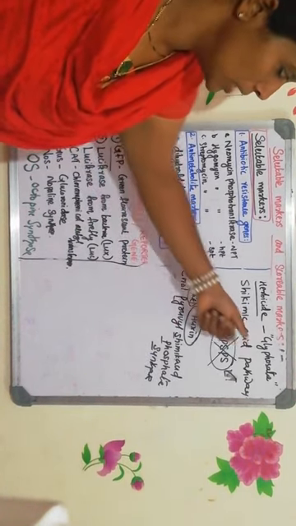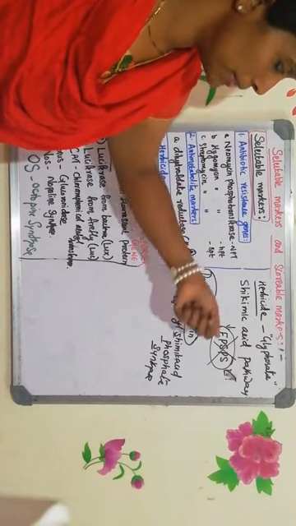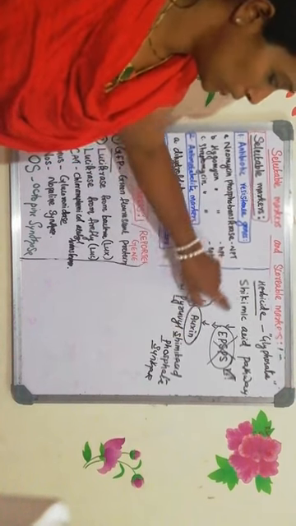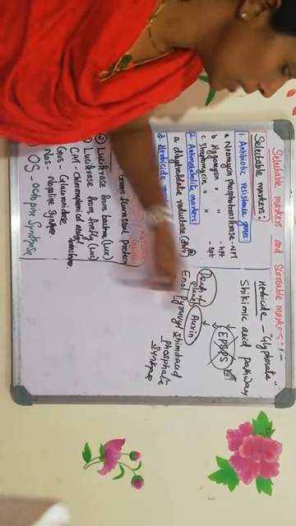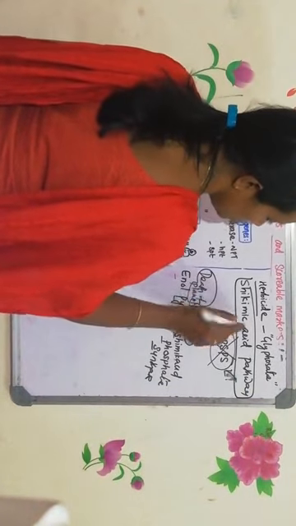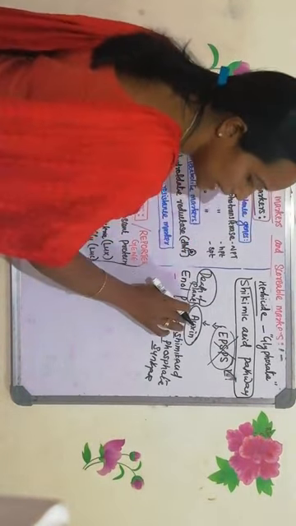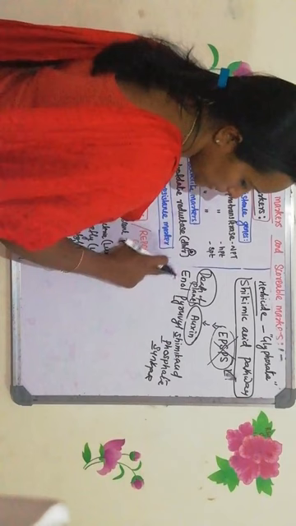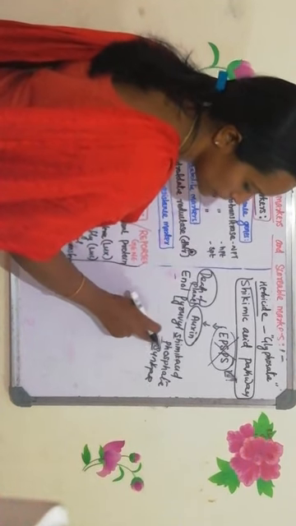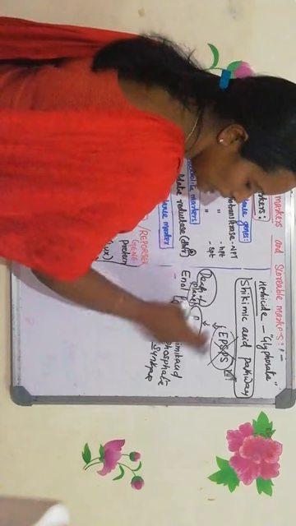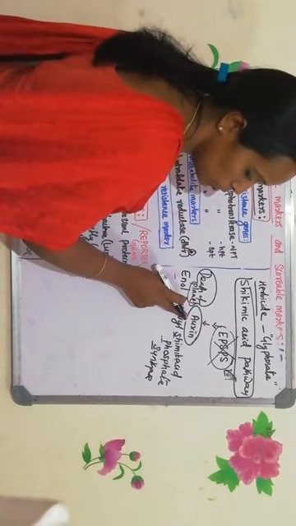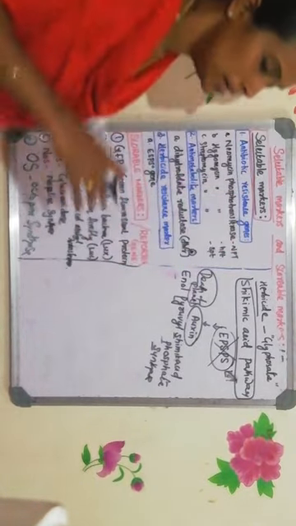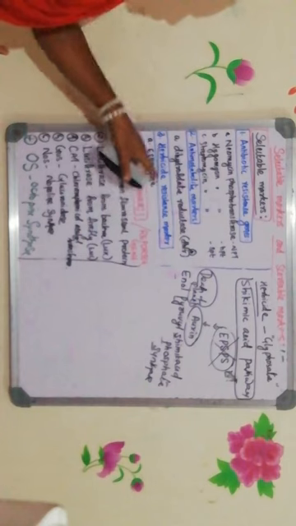What exactly happens? When you spray glyphosate, the plant will absorb it and this glyphosate will block the EPSPS. What is EPSPS? One of the enzymes involved in the shikimic acid pathway. In the shikimic acid pathway, many steps are there, and finally there will be formation of auxin. This pathway is mediated by the enzyme EPSPS, enol pyruvyl shikimic acid phosphate synthase. So glyphosate will block the EPSPS, thereby indole acetic acid synthesis won't happen, and the plant will die. Clear? Now, to select the transformed plants, we can use mutated EPSPS.